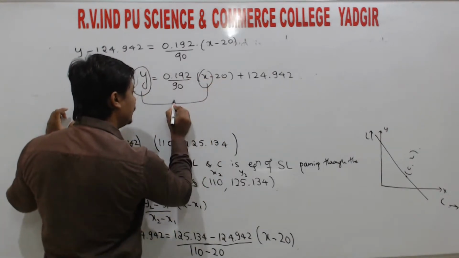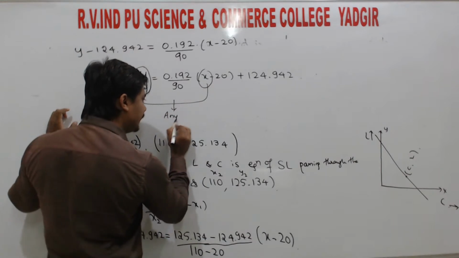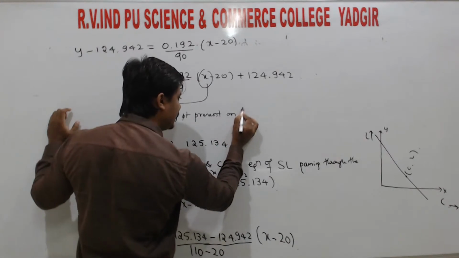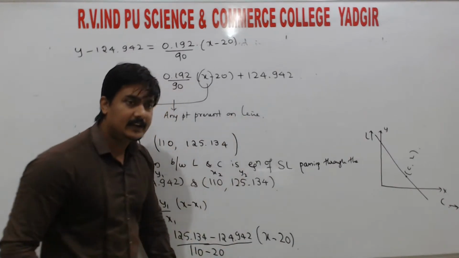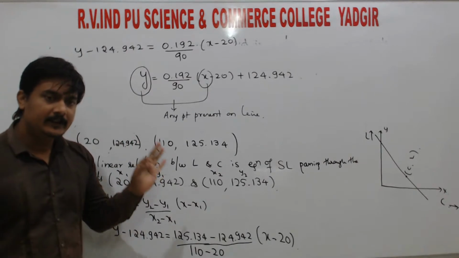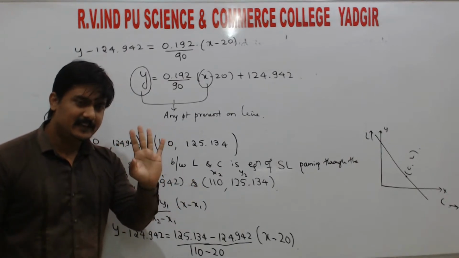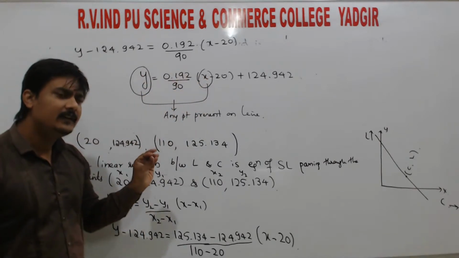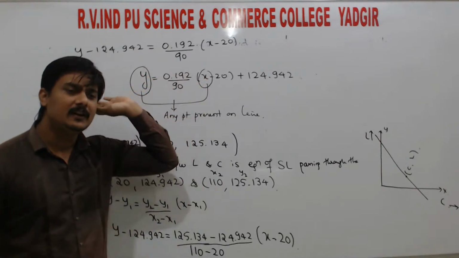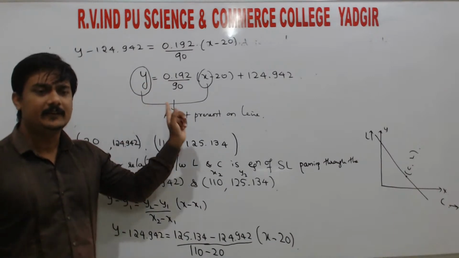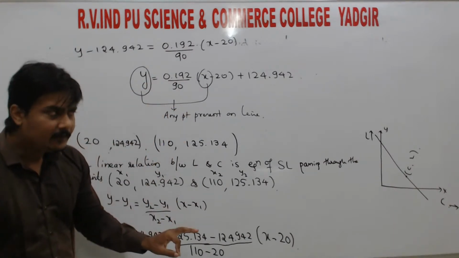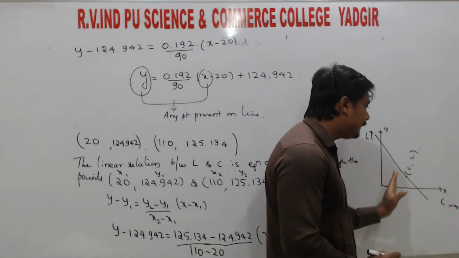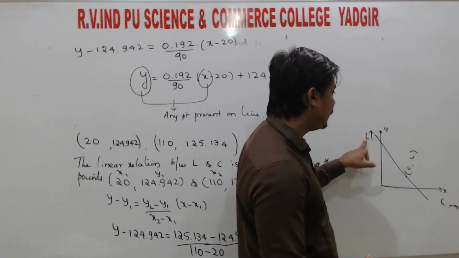x and y is nothing but any point present on the line, any arbitrary point present on the line. Can you recall it, children? While deriving the 2-point form or any form of the straight line equation, x and y represent what? x and y represent the coordinates of any arbitrary point present on the straight line that satisfies that equation. Since we have assumed that along the x-axis I have taken Celsius temperature and along the y-axis I have taken the length of